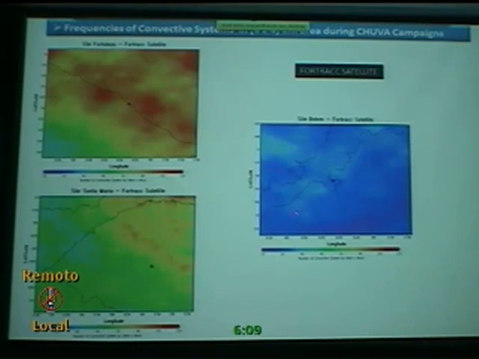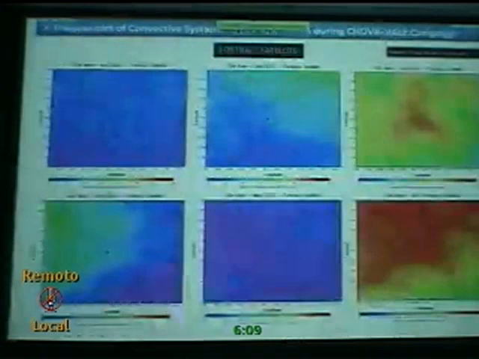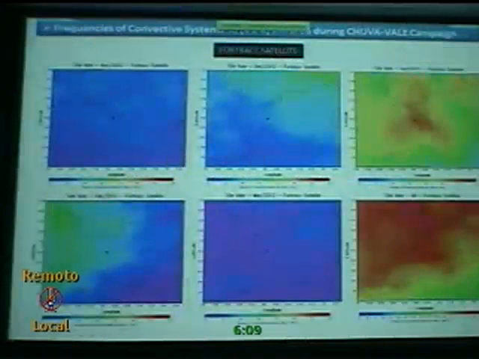Here in Belém you can see that there is a lot of convection between the rivers. Here in Santa Maria, I think this is the mountains, right? Who is from Santa Maria? This is the mountains in Santa Maria. And in Vale do Paraíba was a more specific